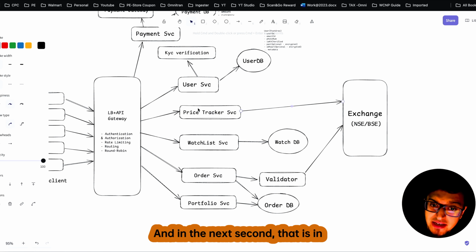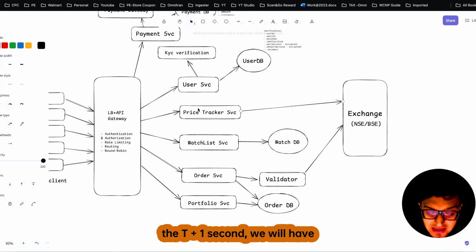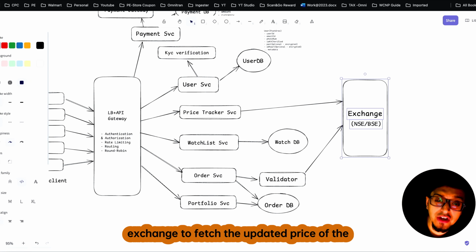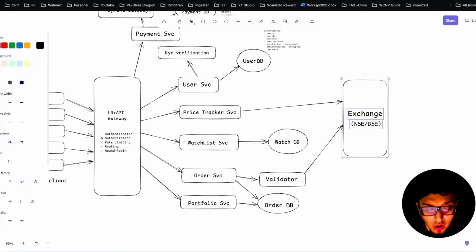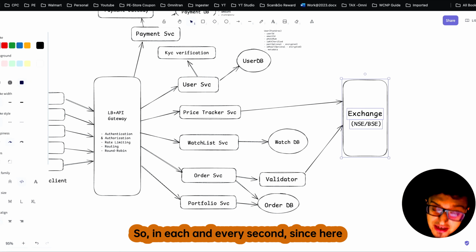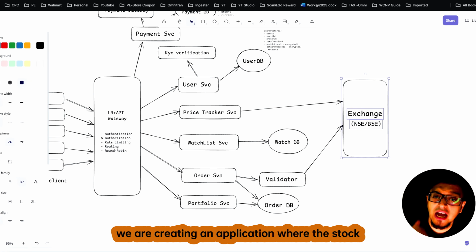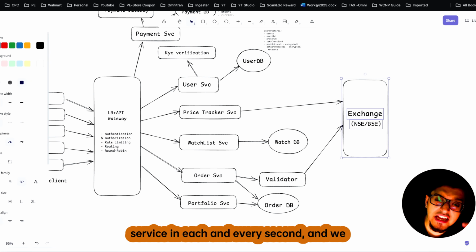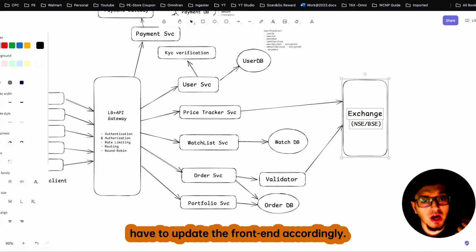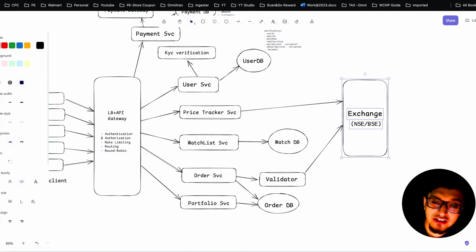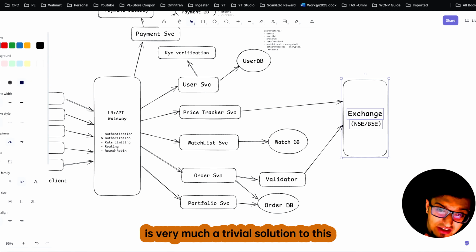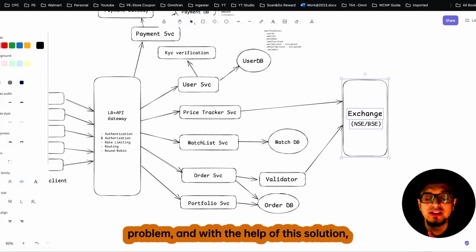And in the next second, that is the T+1 second, we have to again send one more request to our exchange to fetch the updated price of the stocks. So in each and every second, since we are creating an application where the stock price changes, we have to hit this exchange service every second, and we have to update the front end accordingly. But you can easily understand this is a very trivial solution to this problem, and with the help of